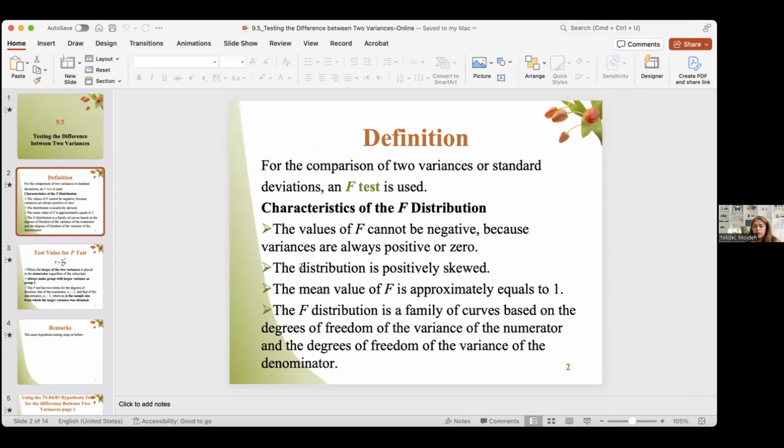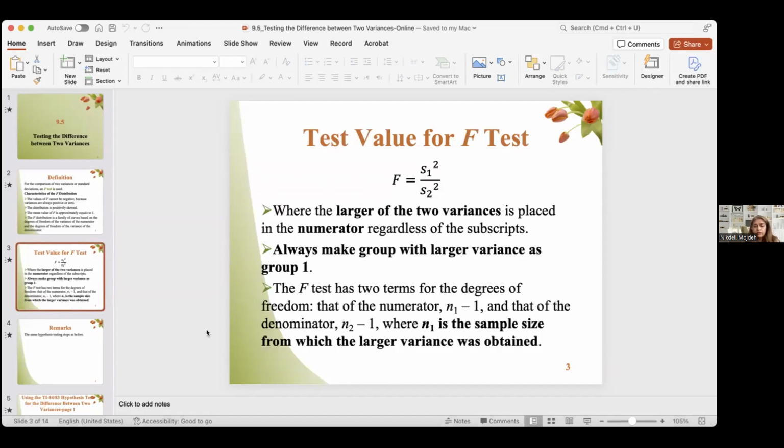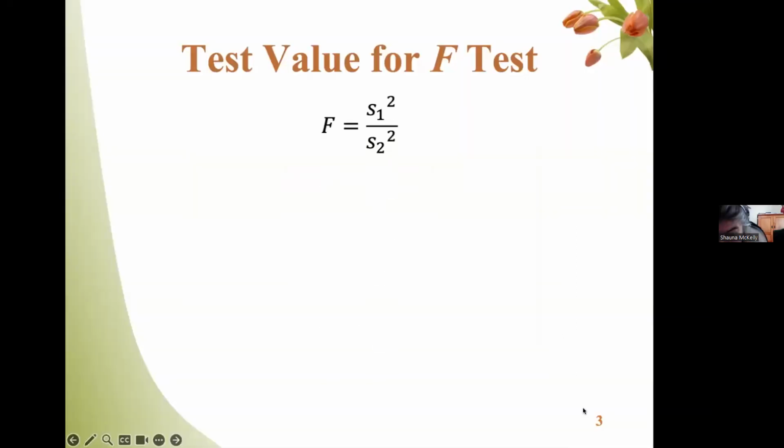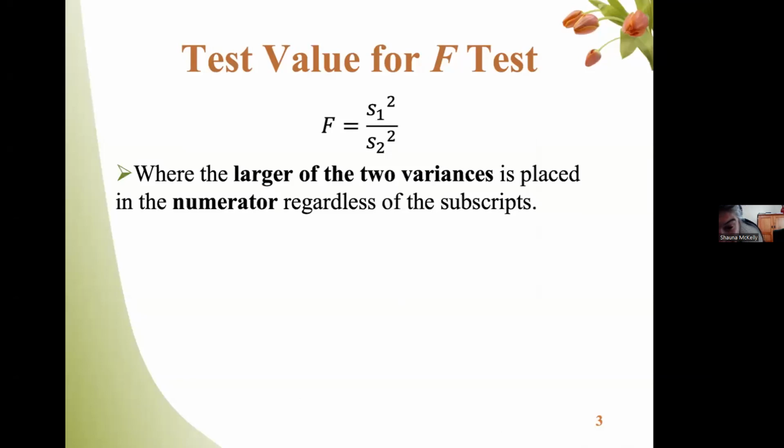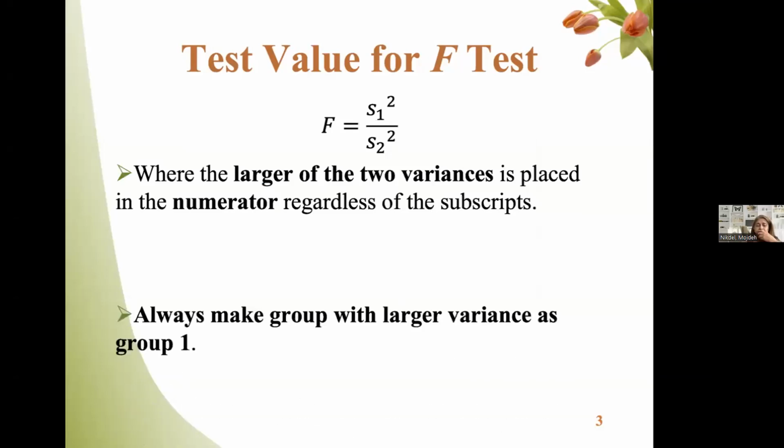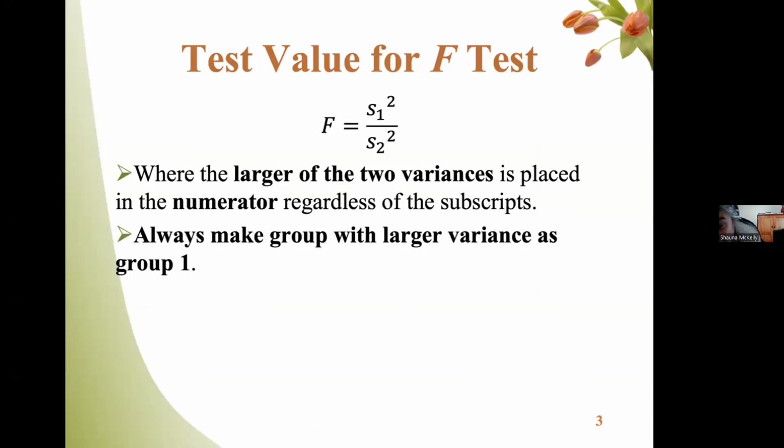Because we need the F to be greater than 1. Yes, and that's a mathematical condition of how the F is calculated. But if you happen to get those wrong, your F will be smaller than 1 and it violates the